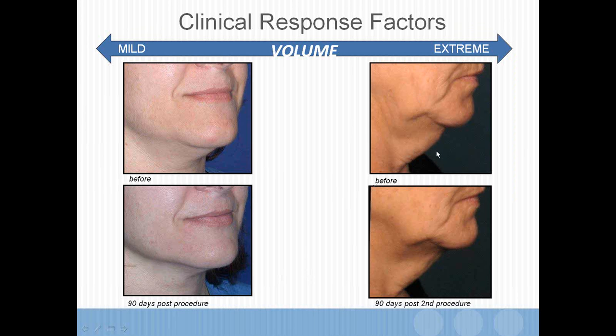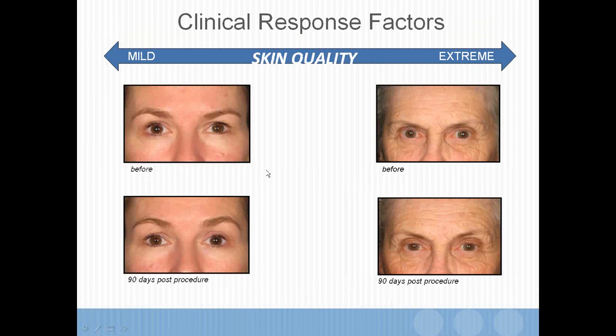But with severe volume deficit, we're not showing the cheek here, but the cheek is likely very flat, and there's loss of volume, letting the skin fall down, and you can see the loss of the jawline here, and that's both from loss of bone as well as the subcutaneous tissue contributing to the loose skin under the chin. So it's better and it's tighter, but we really need to replace that volume to further lift and balance the